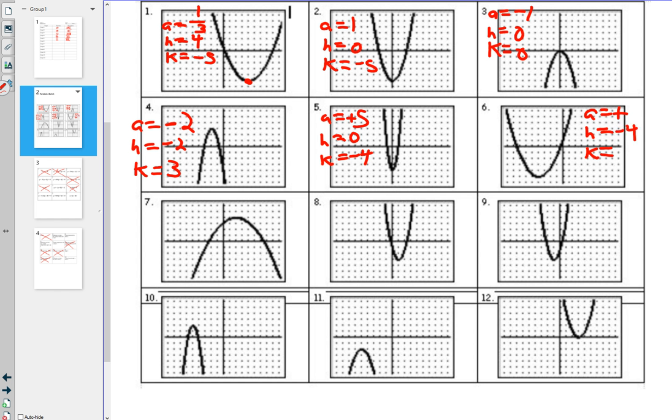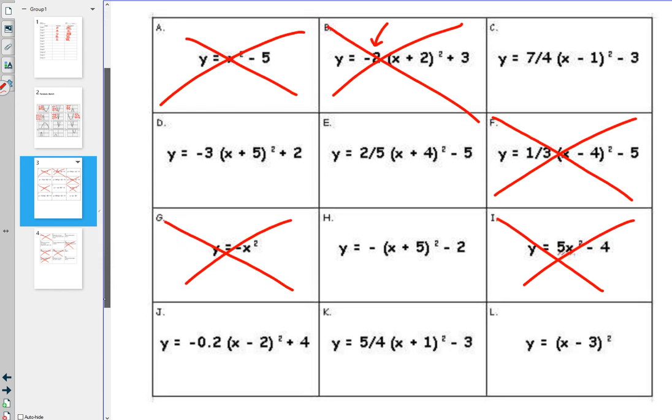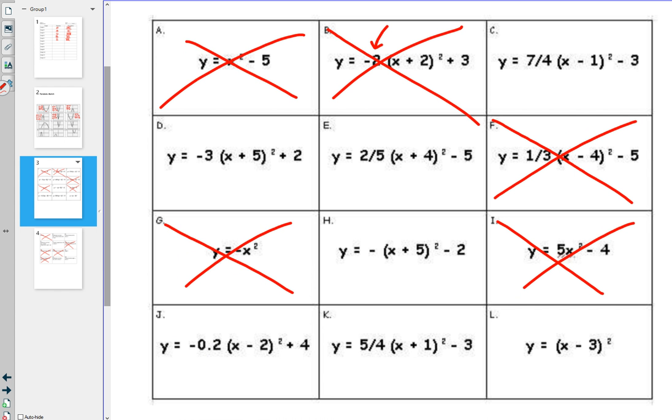And the K is 1, 2, 3, 5 down. So 4 to the left and 5 down would have to be what, E? And it is confirmed there was a compression there of 2/5, so it's going to be E